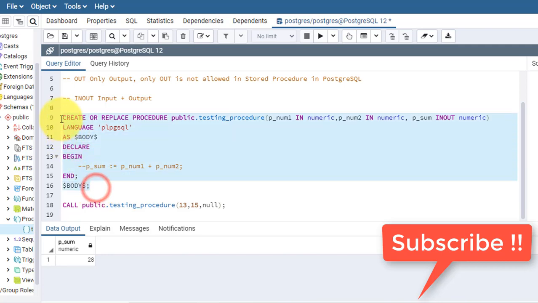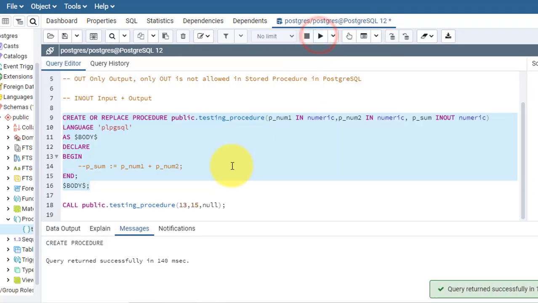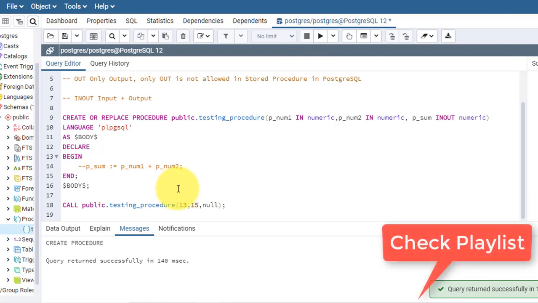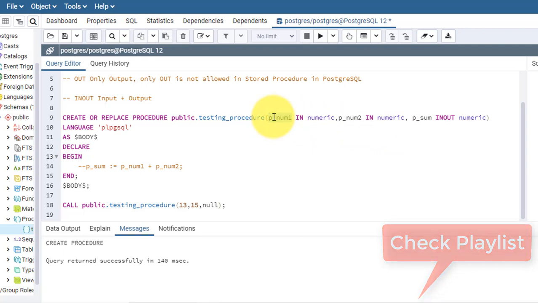Well, let's create it. So it's created. What I'm trying to show is that whenever there is no value, or whenever we get any exception or problematic statement, instead of returning null, I want to return some value.